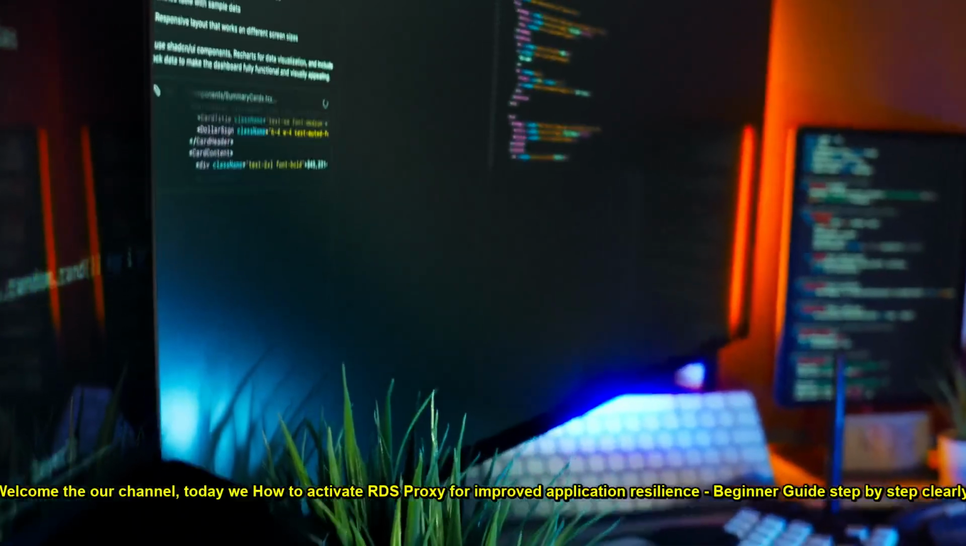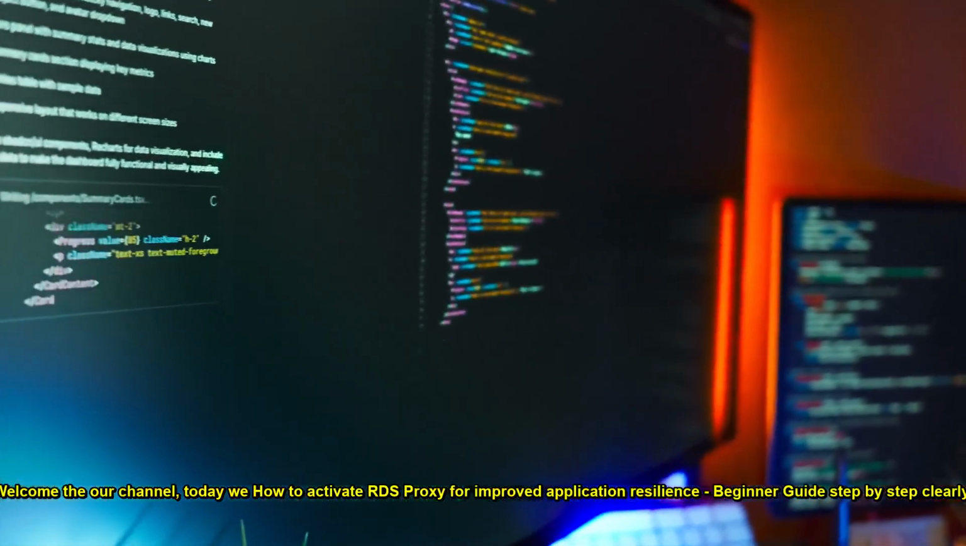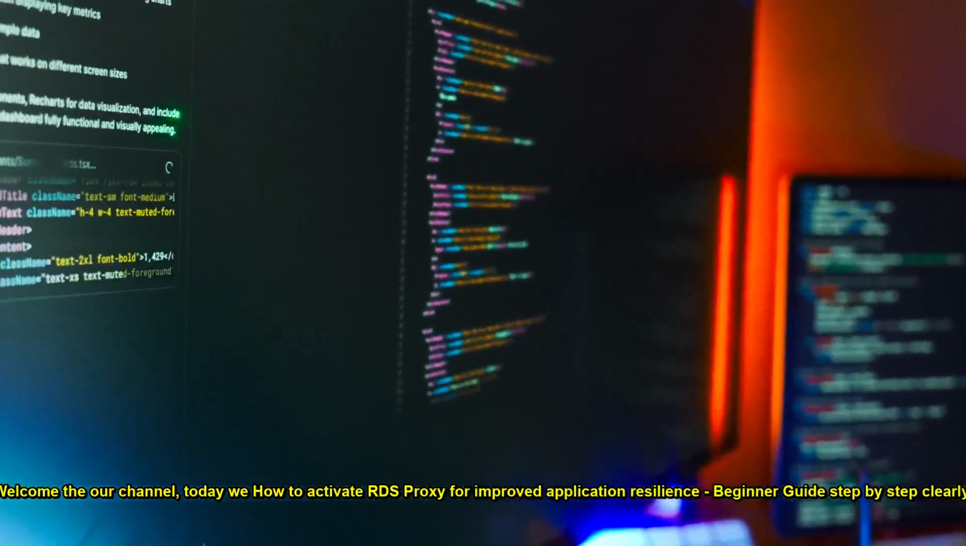Welcome to our channel. Today we show how to activate RDS Proxy for improved application resilience, a beginner guide step by step